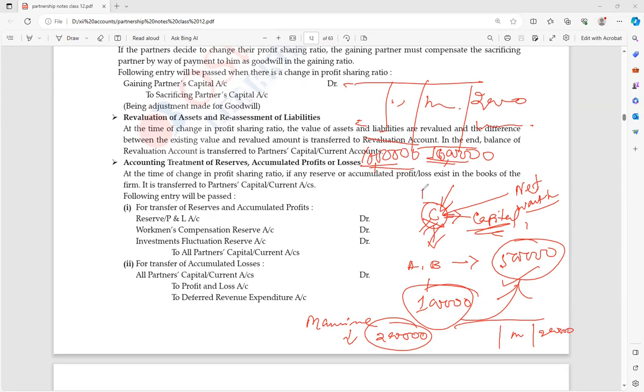Now C is asking, the machinery value is 2 lakh. That is the book value. Indirectly, what? That machine you have purchased, it might be long back. If that machine